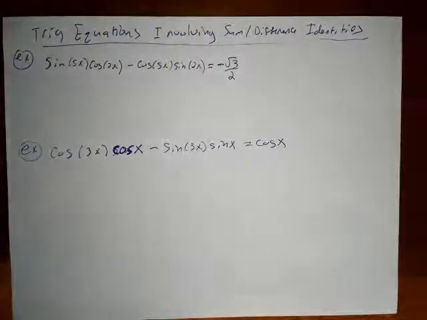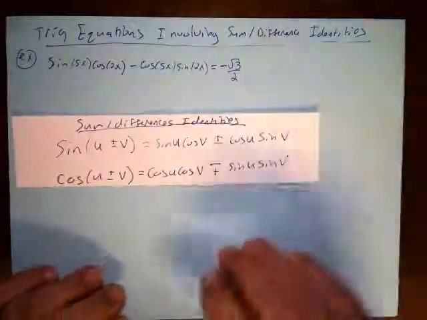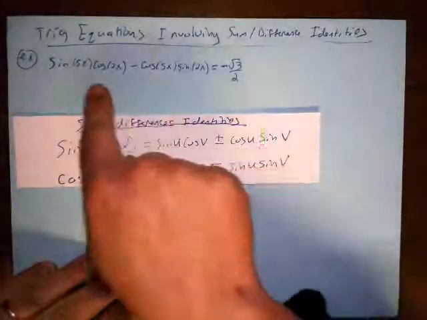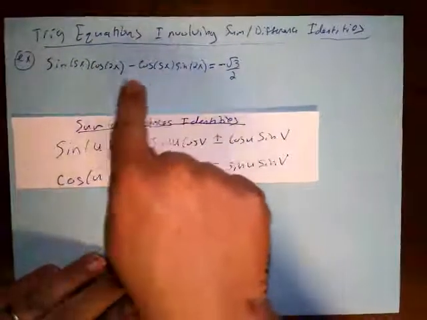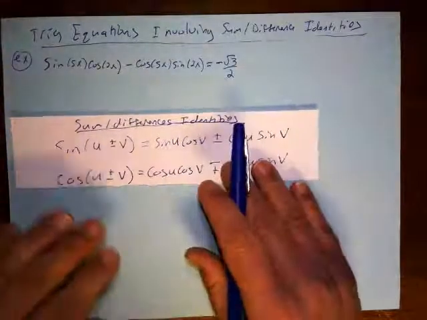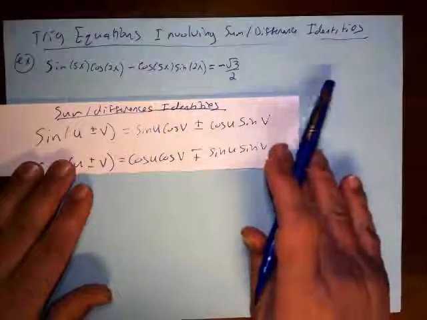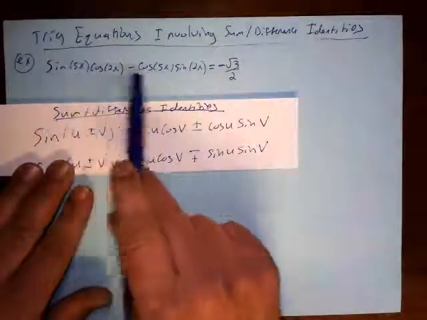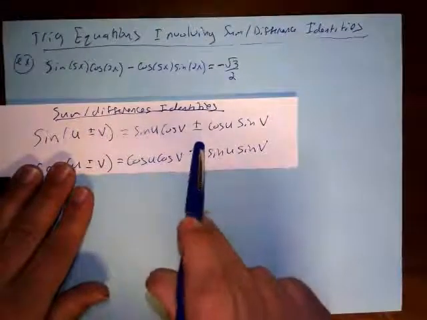So this is using the sum difference identities. This isn't quite as common, but there are situations where it is handy. And this one is a very straightforward one. The idea here is you've got a very complicated expression over there, but it looks like it could almost be one of the sum difference identities. So you have to go back and remember what these were. And sure enough, this here, I even wrote it in the same form. This here is the sum difference identity for sine,